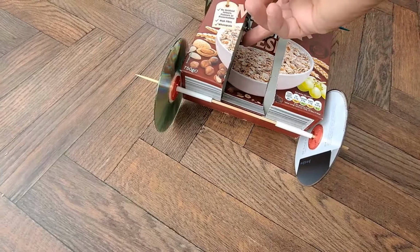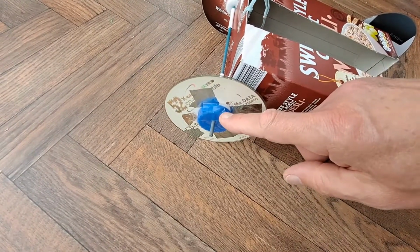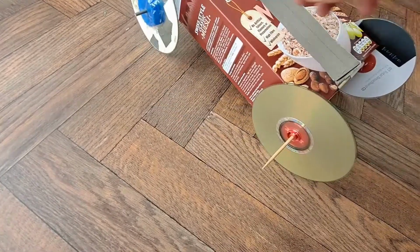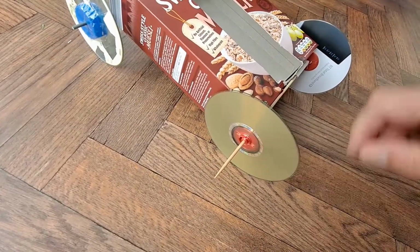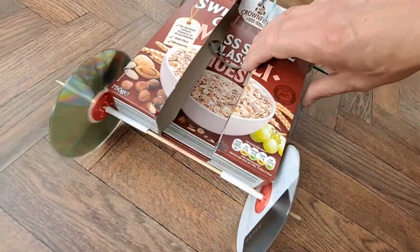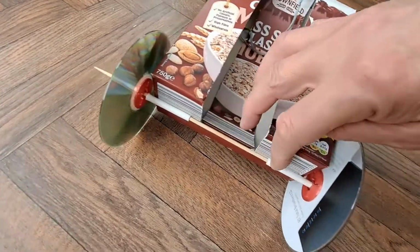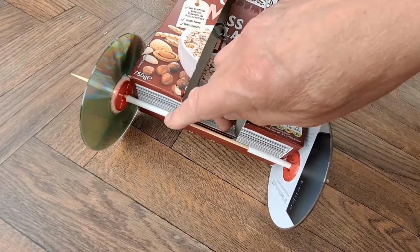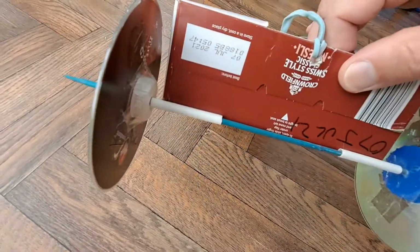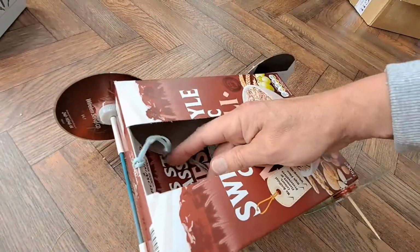And for this one, I used sticky tape to hold the plastic bottle caps onto the CDs for the hubs. Or at the back here, I used 3D printed hubs. And I used SuperGlue to glue the drinking straws on to the box for the axle tubes. And of course rubber band